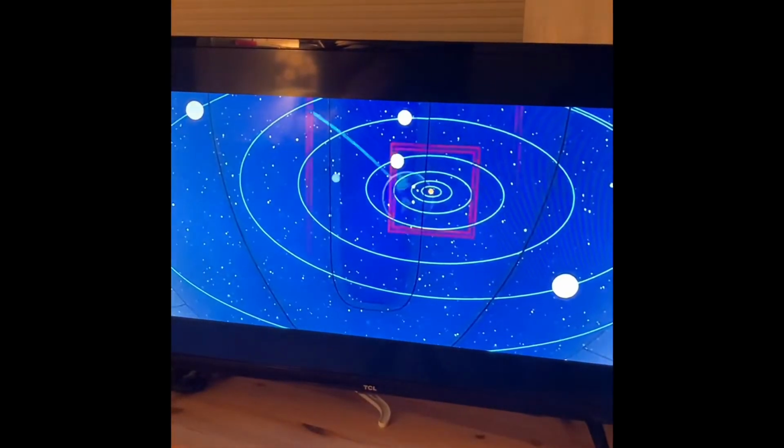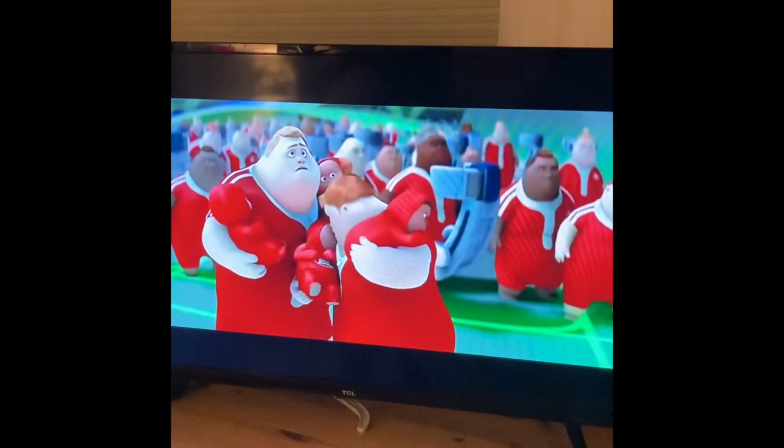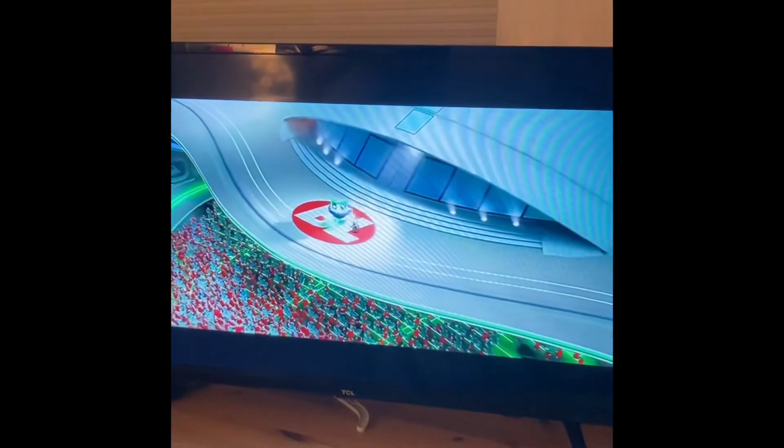Course set for Earth. 10 seconds to hyperjump. 9, 8, 7, 6, 3, 2, 1,